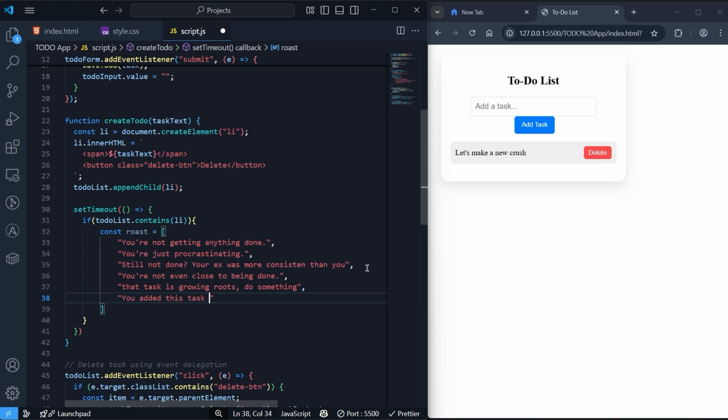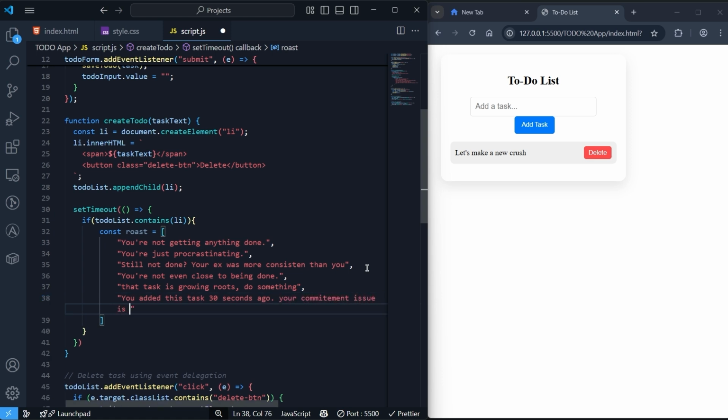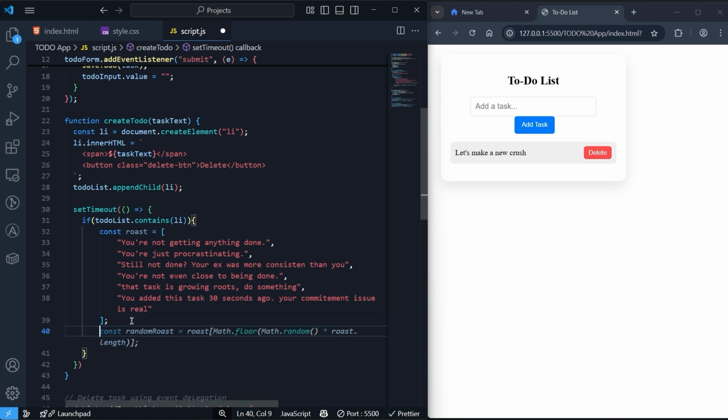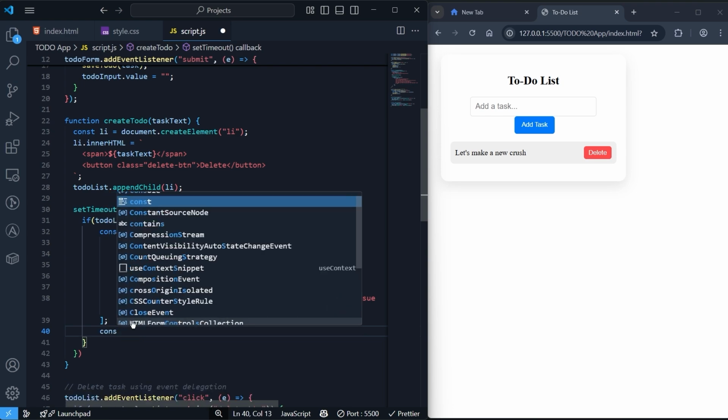You added this task 30 seconds ago. Your commitment issue is real. Okay, I think these are enough. Now what we can do over here is we will randomly do it. Okay, so we'll do const